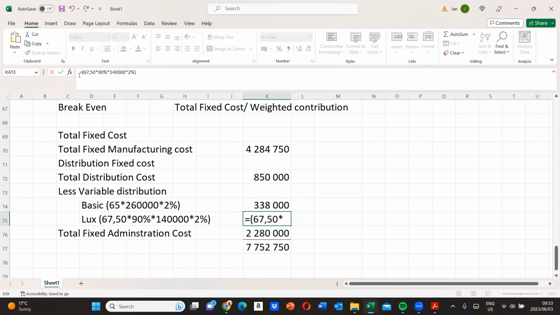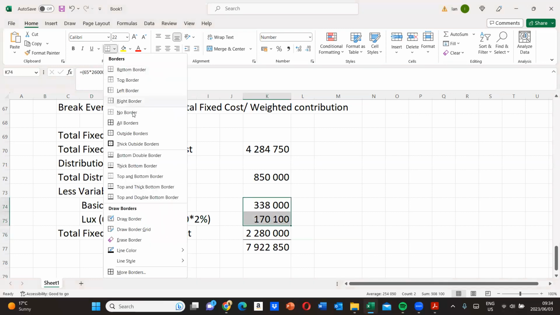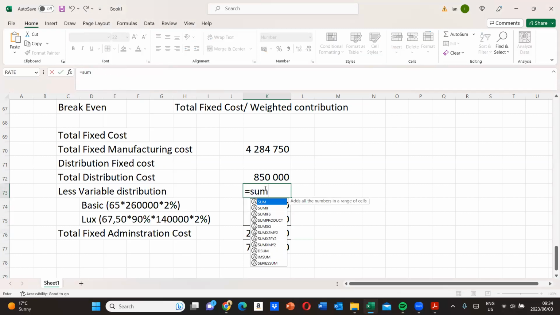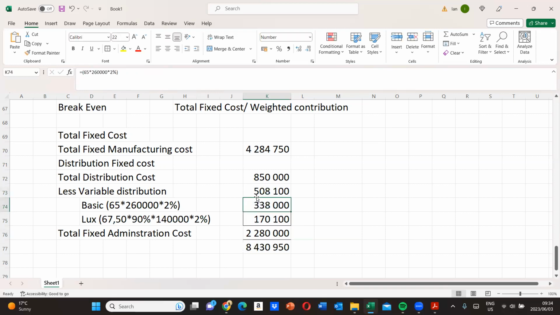So these are the total variable distribution cost that we have. All right, so we have the variable distribution cost looking like this. And remember now, we want to deduct this variable distribution cost from the fixed distribution cost there. Right, so that would mean now,